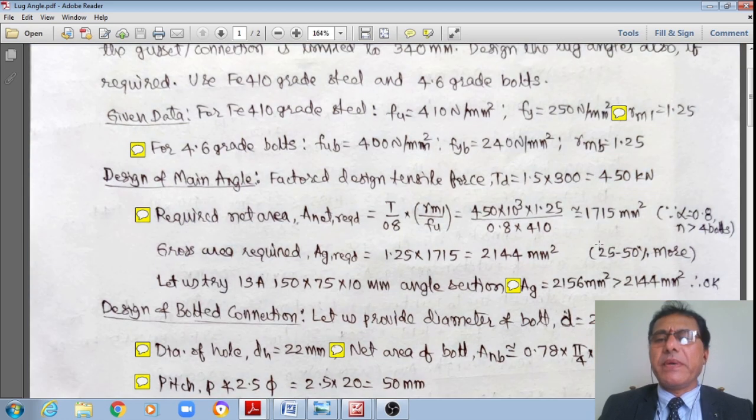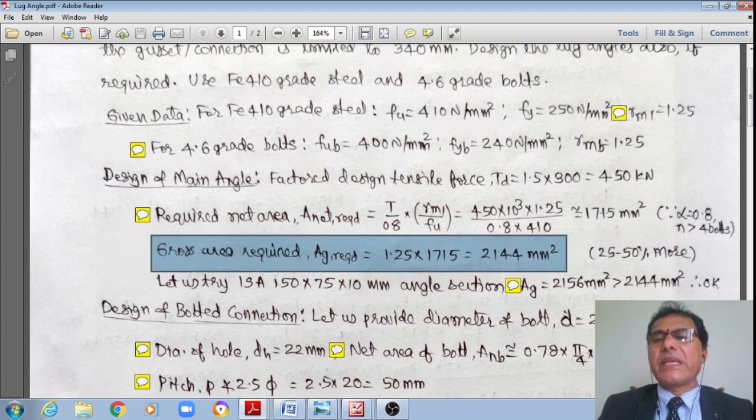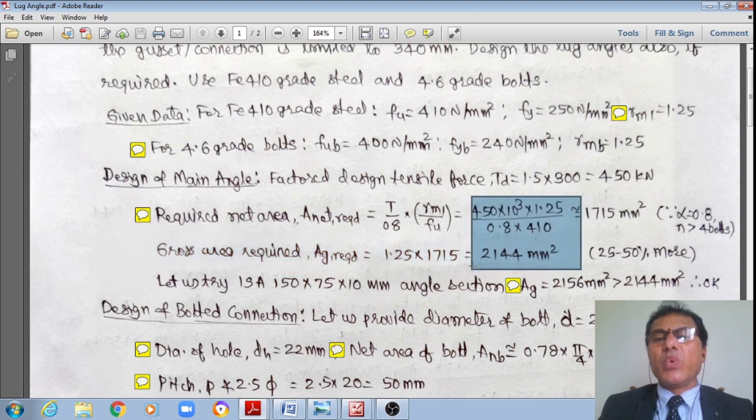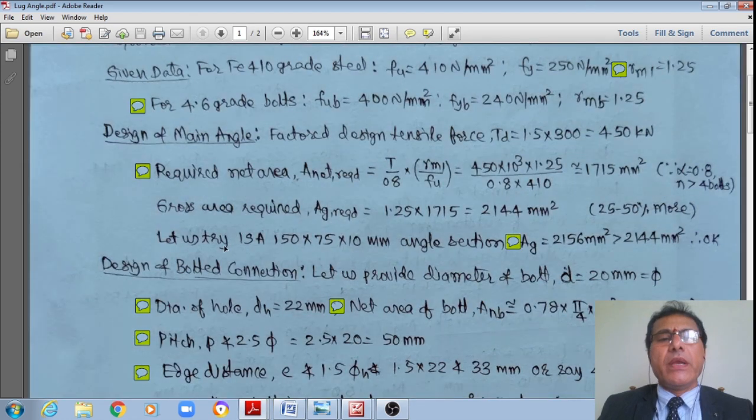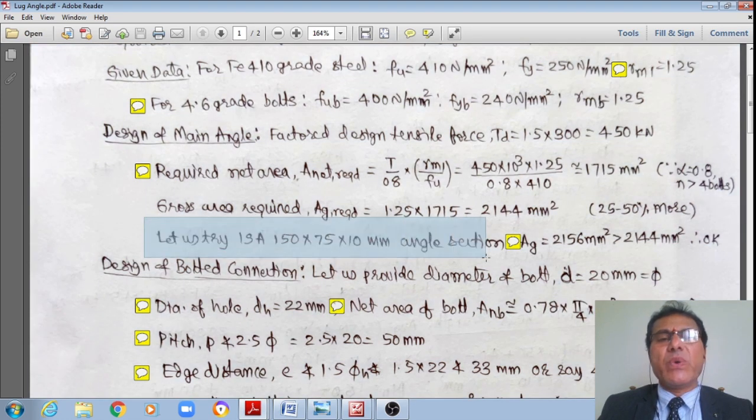However, if you want to optimize the section, then you start with the first trial at 25%, then slowly increase to 40%, or in the third trial go to 50%. Here I want to optimize the section, so I proceed with 25%. Therefore, the gross area required, AG required, is 25% more than the net area 1715, that is 2144 mm square. Now let us try with ISA 150 by 75 by 10 mm angle,